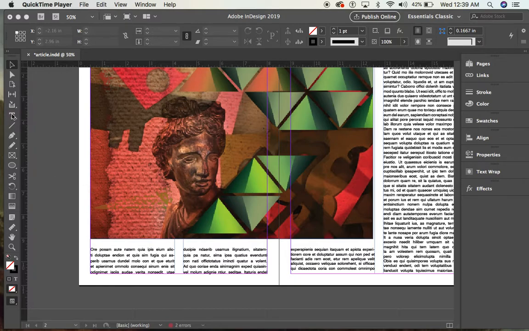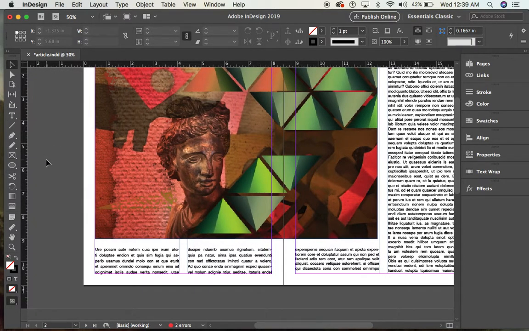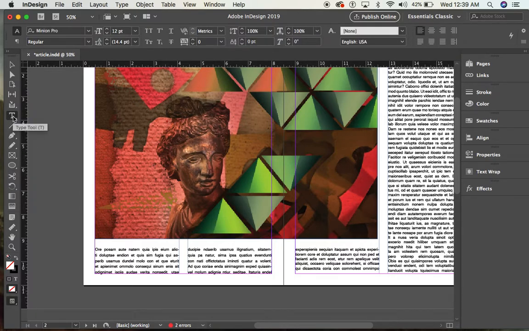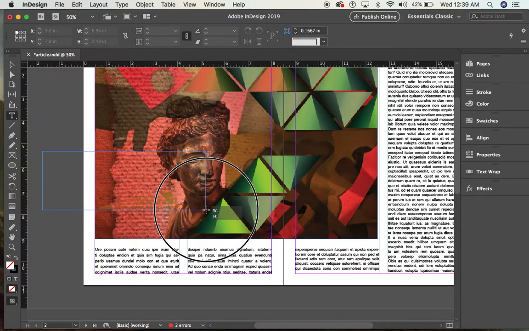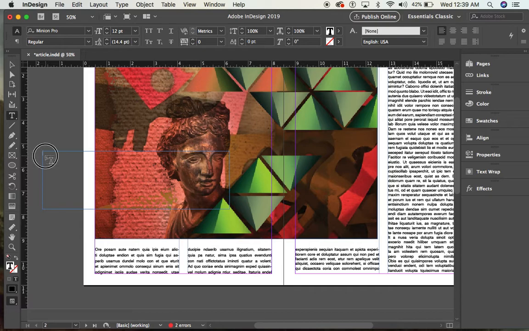Next, I'm going to make the title for my article, and I'll just think of something. It could be the artist's name, could be some catchy phrase. But I'm going to make another text box or type box or text frame, and click and drag that out. I can see my cursor there. I can resize this. Maybe I'll go ahead and start off with like a 48, maybe a little bit bigger,